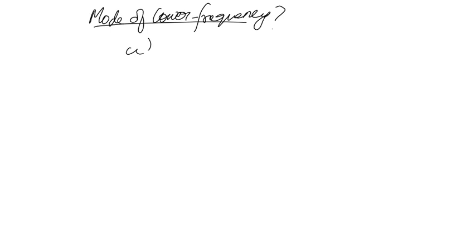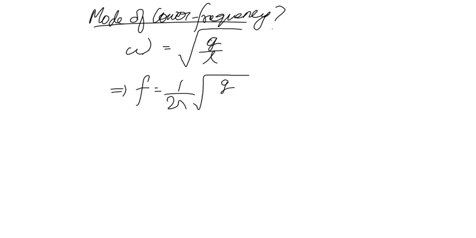Omega is equal to root under of g by L, or frequency is 1 by 2 pi root of g by L. Why? Because your frequency f is equal to omega by 2 pi,